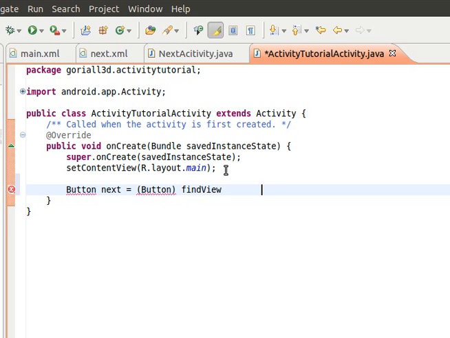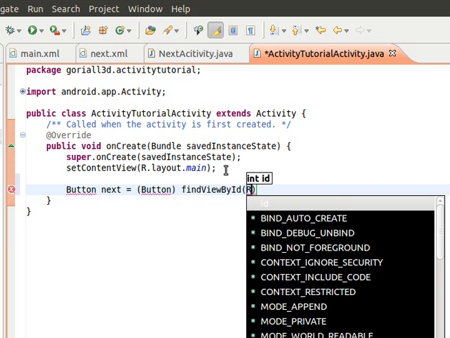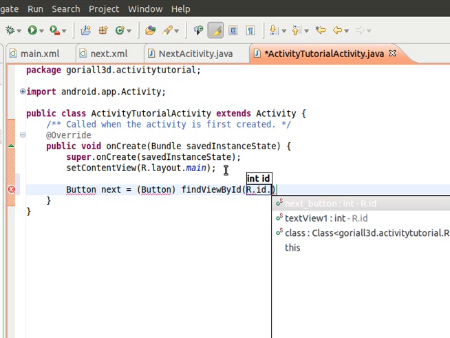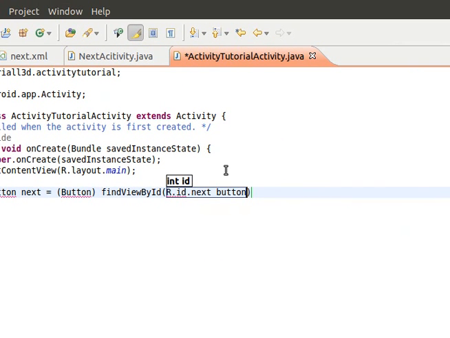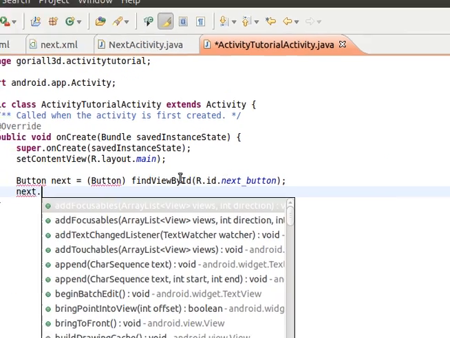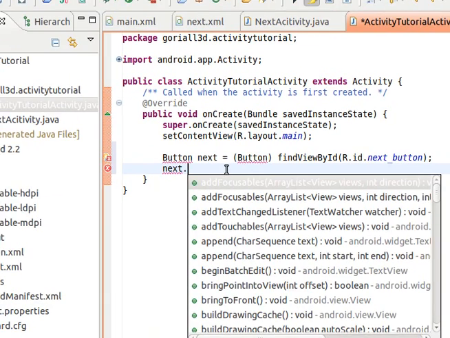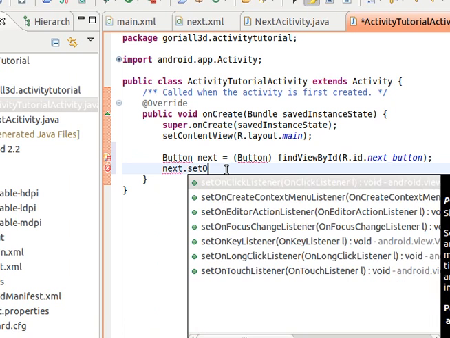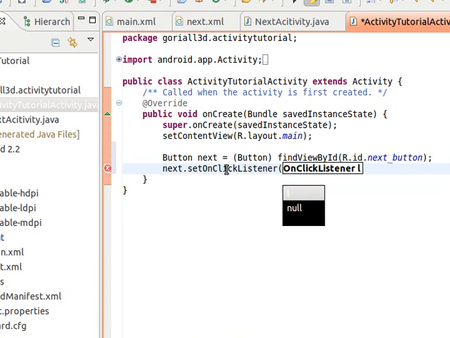Find view by ID, and this will be R.id dot, and this will be our next button. Then we are going to have next dot, actually let me scroll here. So then we're doing next dot set on click listener, and then from here we're going to say new,